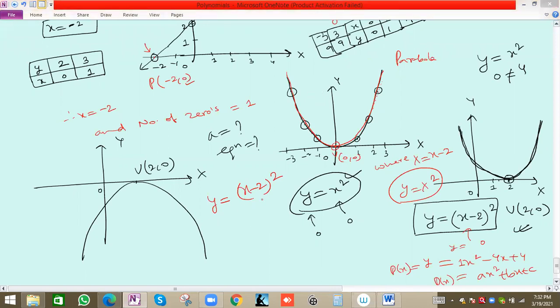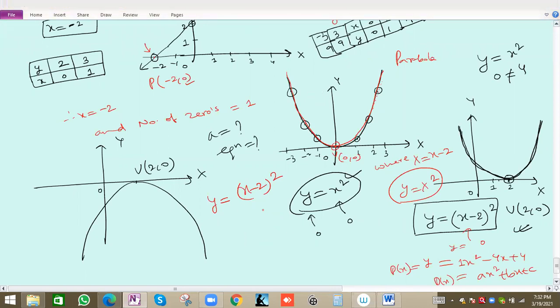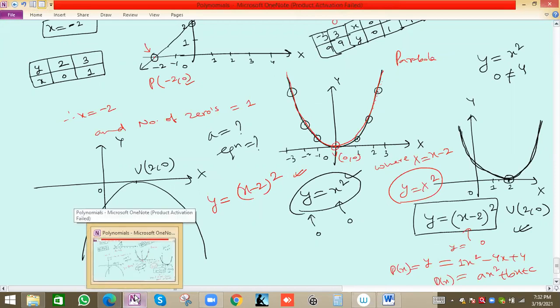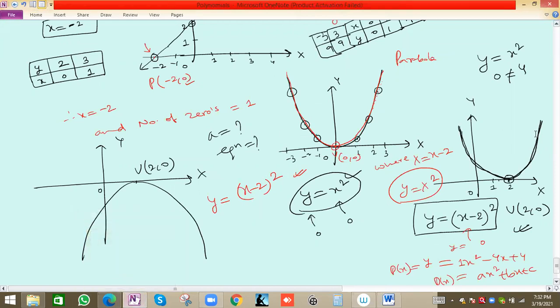It's different. This is the same equation for both graphs. Xavier and Steve, please confirm. Will the equation be this one only, or will there be any change in this equation? It is actually the same, but the graph is different. The graph is going in the upward direction, or we can say opening in the downward direction. In the previous case, it was opening in the upward direction. So the graph is different. We can say basically the same, but the nature is exactly opposite. So will the equation be the same or different?